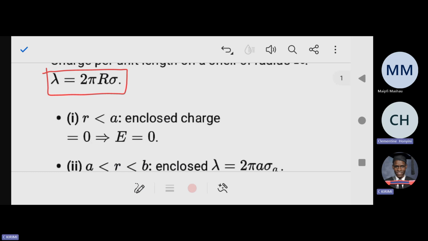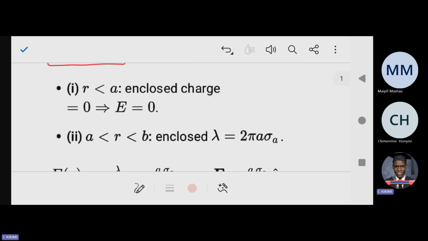So for R less than A, which means it's the one inside, the enclosed charge is equal to 0, which implies that E is equal to 0. For R, which means for the radius, we are talking of the inside of the circle, the enclosed charge. E is equal to 0. And in between,